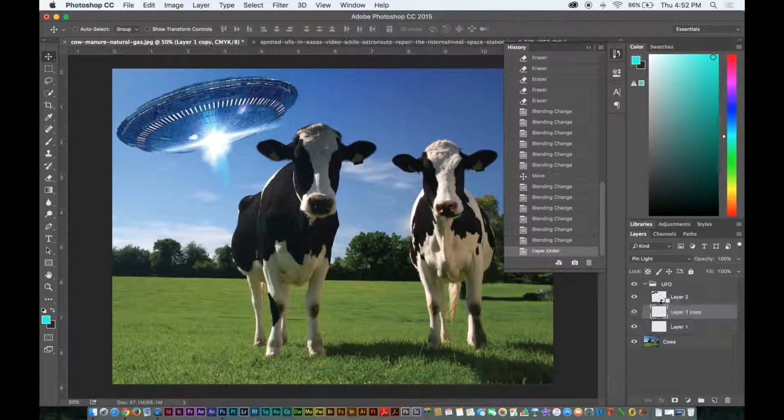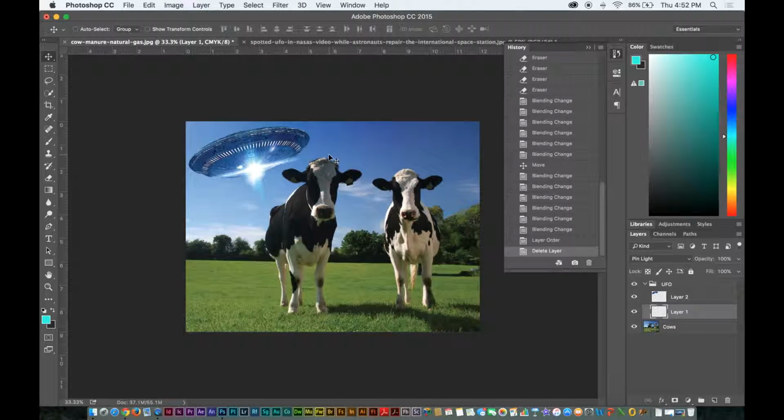I'm going to duplicate that layer, maybe. No, you know what? I think it works. I think it works pretty good. So